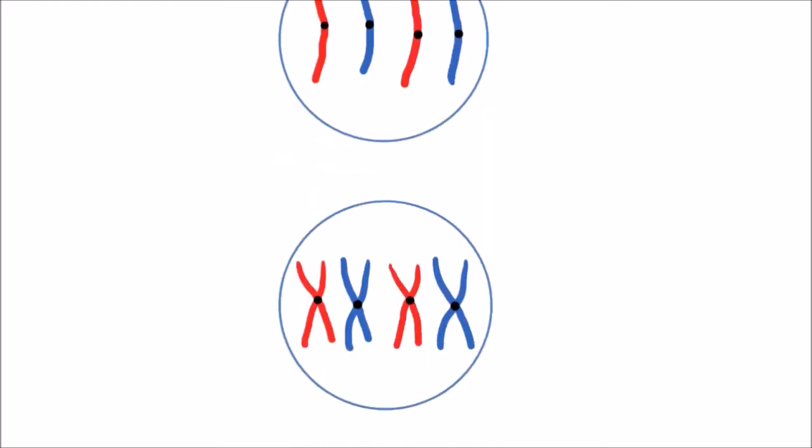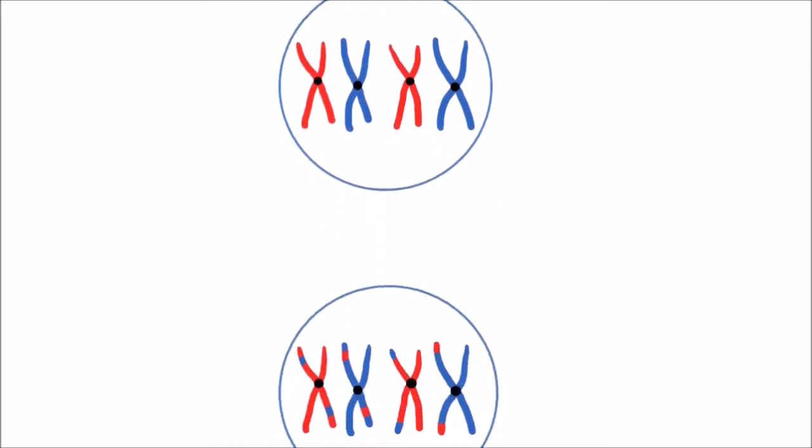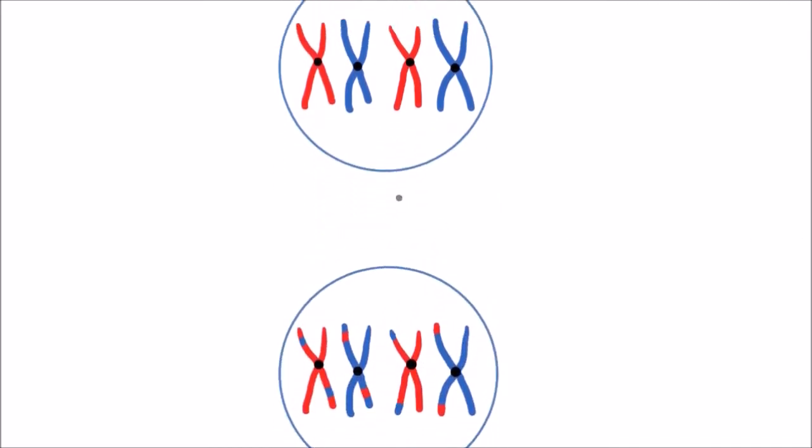So the first step is interphase, and it happens as normal. During interphase, the DNA is replicated, as we see happening here. This means that each of the 46 chromosomes is copied, and we can see here that our chromosomes have been copied, and the two copies are held together by the centromere. Then in the first stage of meiosis,